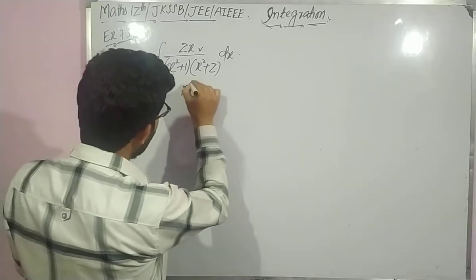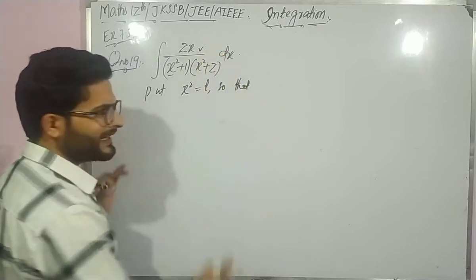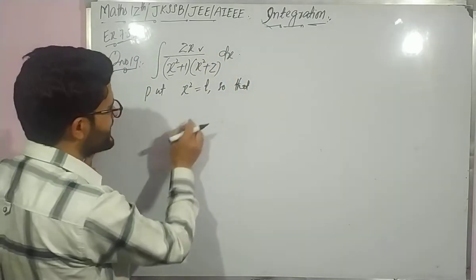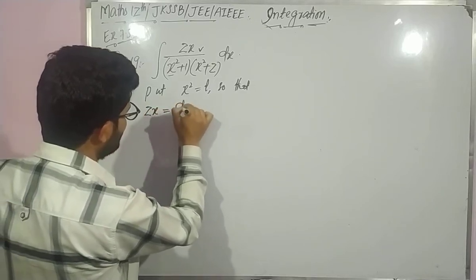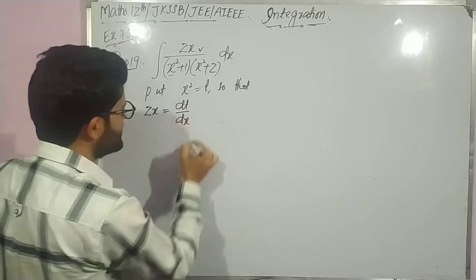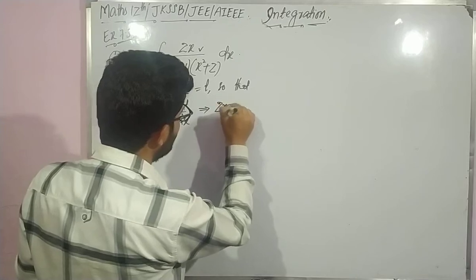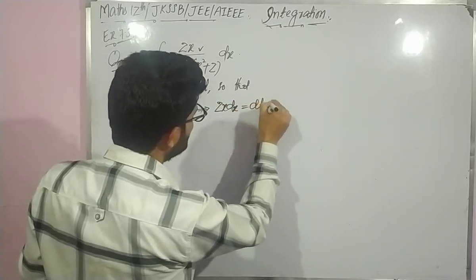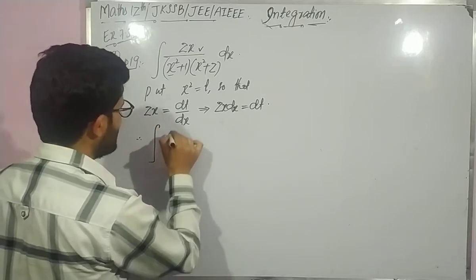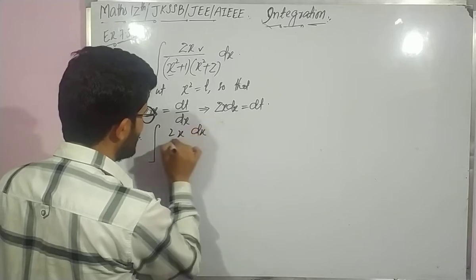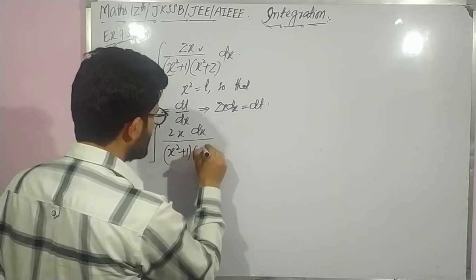So put x square is equal to t, so that since we need dx, we have to differentiate both sides with respect to x, so that x square का डेरिवेटिव आएगा 2x and t का डेरिवेटिव आएगा with respect to x, that is dt upon dx. Implies separating the variables we get 2x dx must be equal to dt, right? Therefore हमारा ओरिजिनल इंटीग्रल जो है